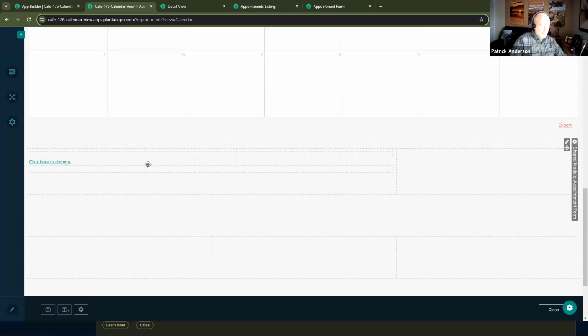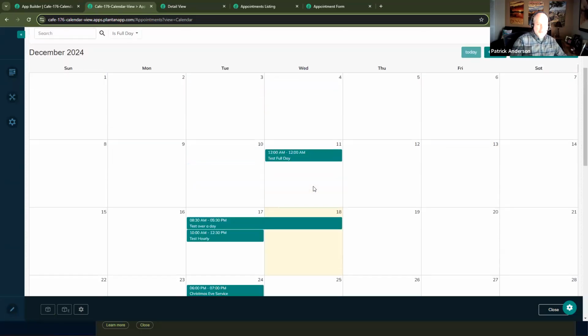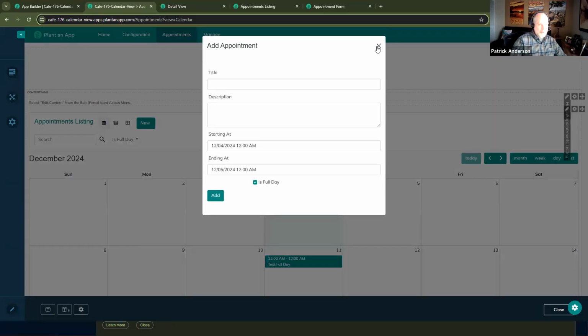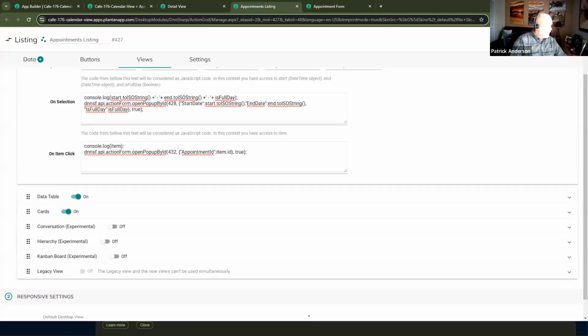Notice that down here, even though I didn't, and this is easily changed, this is the first form that I did. But this is the form that I'm using right now, and I didn't tell it. It's still initially visible, but I'm not seeing anything because the only thing that's displaying is that Bootstrap modal that's hidden initially. So going back to the appointments listing, into the on item click,